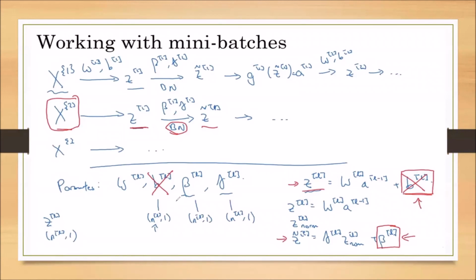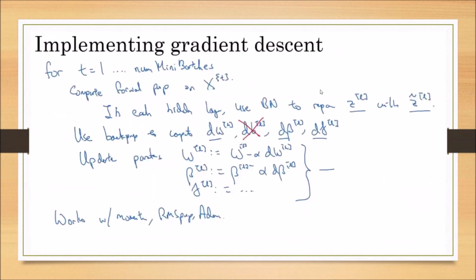As we already discussed, if beta is an n by 1 matrix, we are taking it only for one training sample. For M training samples, it is an n by M matrix. And gamma is an n by 1 matrix for one training sample, then Z will obviously be an n by 1 matrix only. Whatever the size of this gamma and beta, the normalized Z value has the same size, because the sizes of gamma and beta depend upon the number of activation units only.